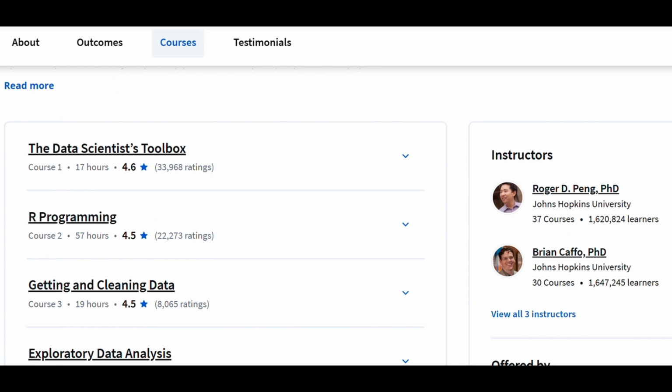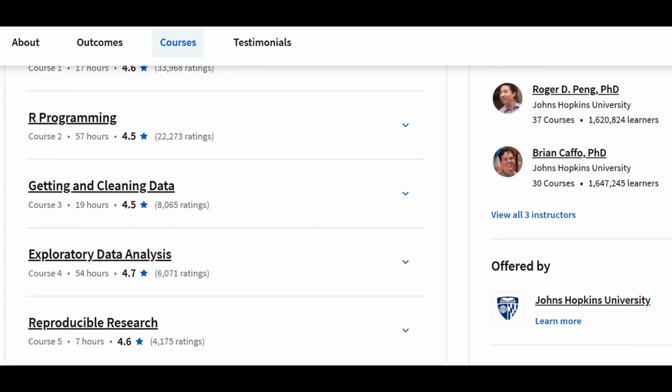The first is Data Scientist's Toolbox. Here we're going to learn how to set up RStudio and GitHub. You understand what data is, as well as the tools you need to analyze data in R. In the second course, R Programming, you're going to understand critical programming language concepts, and learn how to use R loop functions and debugging tools. And the third one, Getting and Cleaning Data. You're going to learn how to get and clean data. You will learn the common storage systems and how to manipulate data and obtain data from the web,